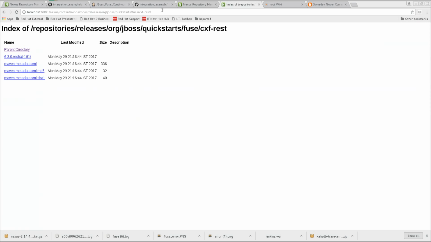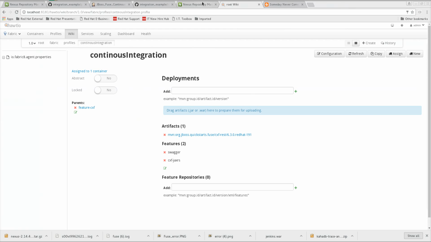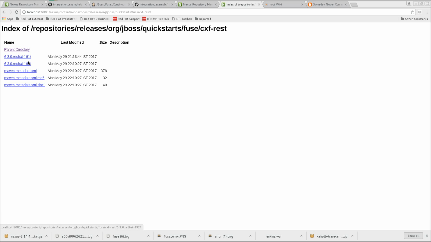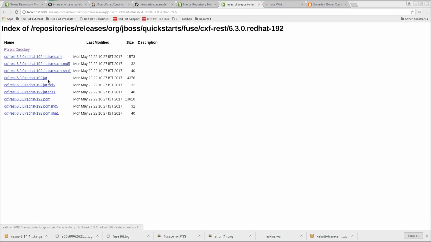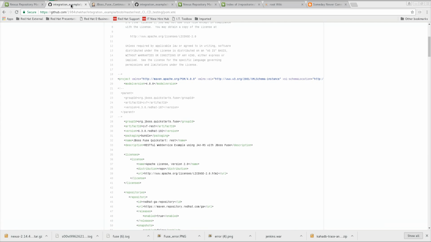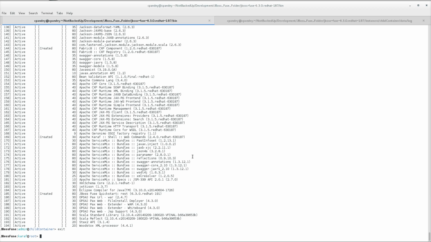So we have two different versions available here. This jar is actually 192. So we have seen how to run the Jenkins job. We have seen how these artifacts will be deployed to Nexus repository. Now let us see how we can update our Fabric environment so that these changes can be